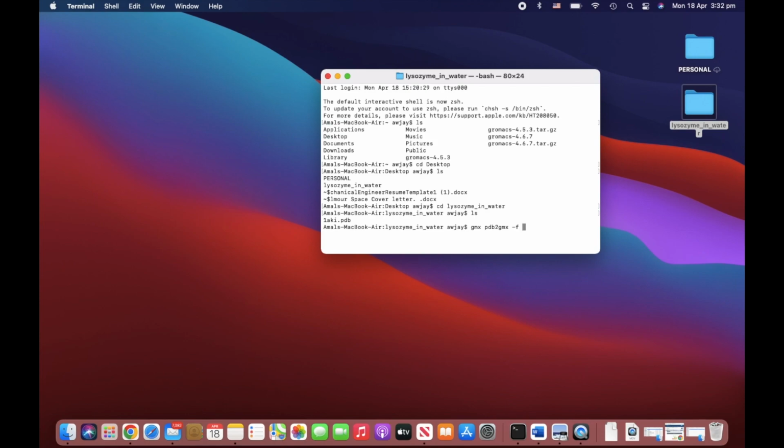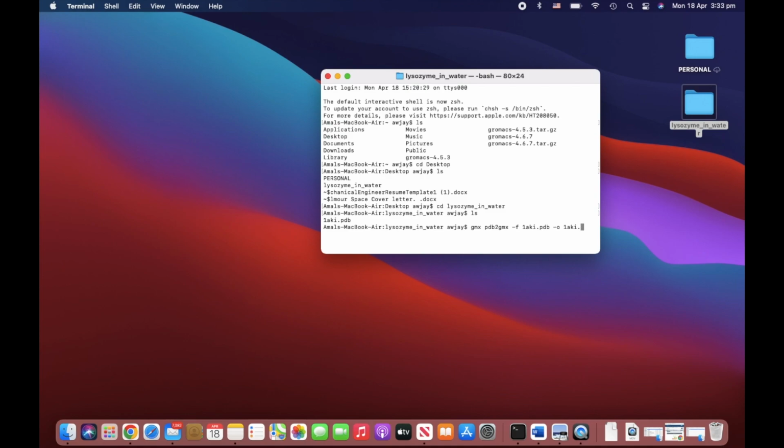F means the file that we are looking at is 1aki.pdb. You have to type these letters. It's case sensitive, so you have to type it as it is, and then -o, the output, we need